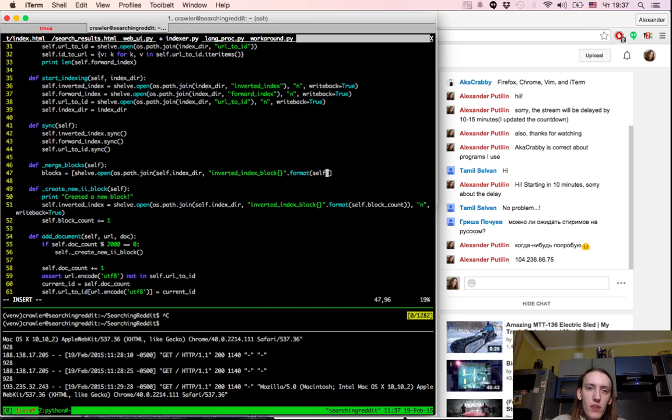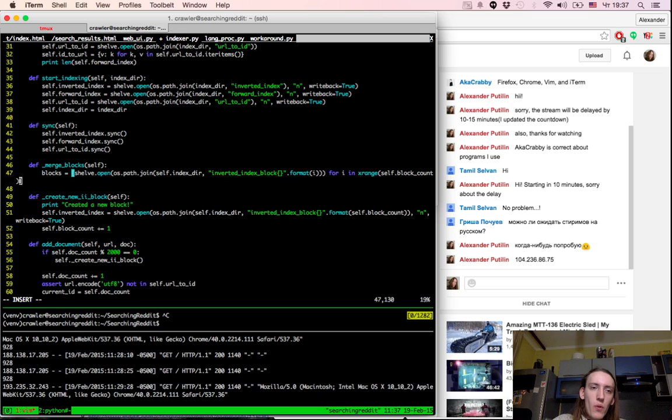I guess I should make this a function or something, but whatever. Or maybe I should make this a function. I'm going to refactor it later. For e in xrange of self block count. So we open each block and